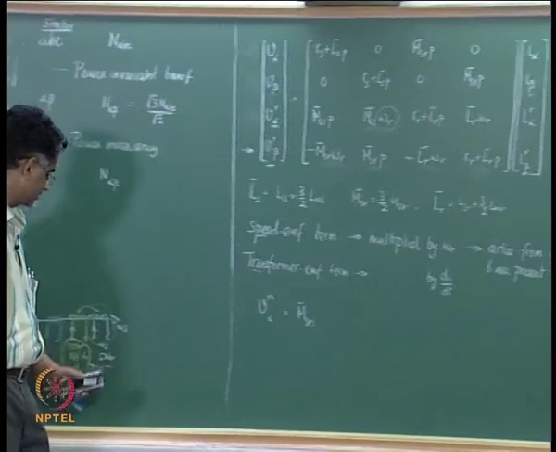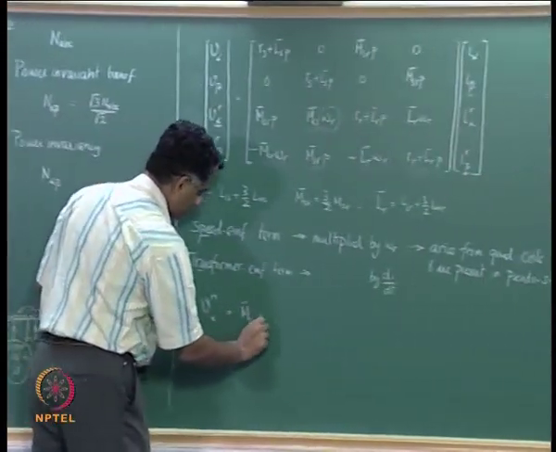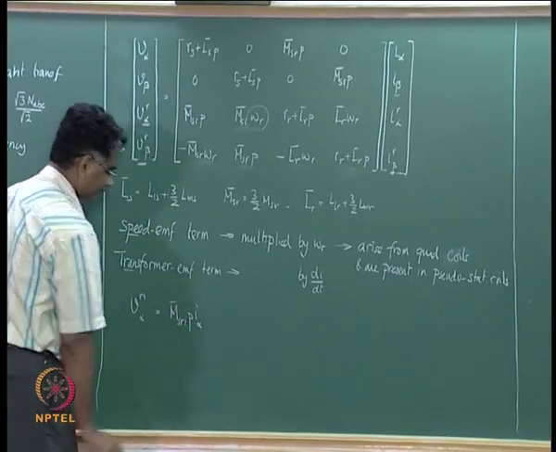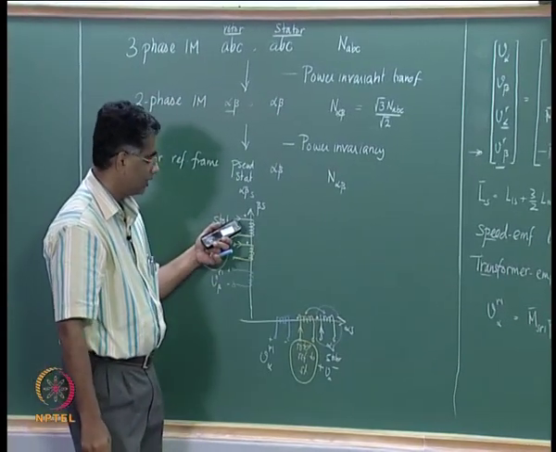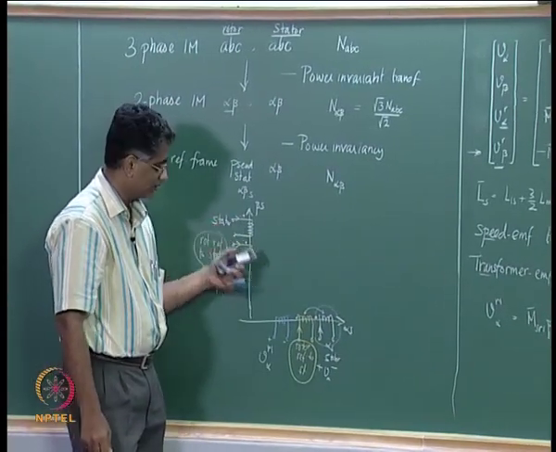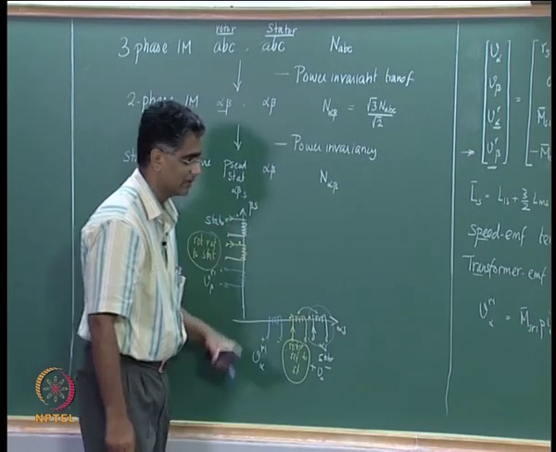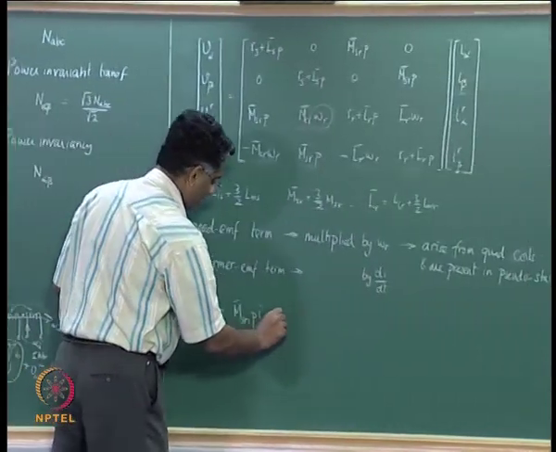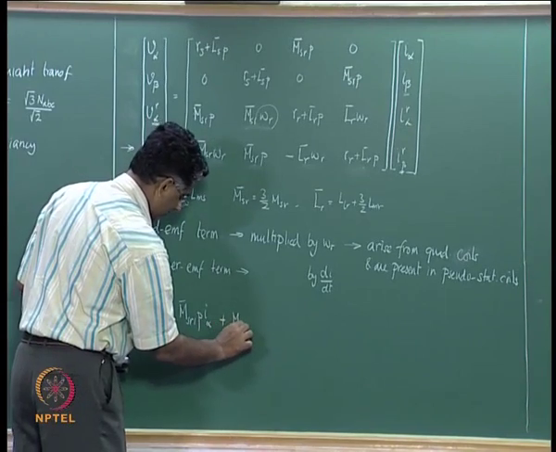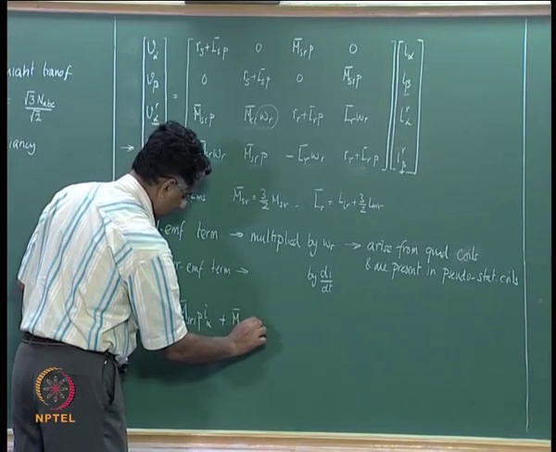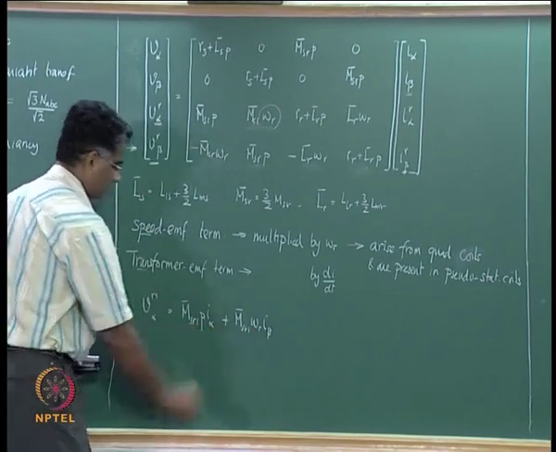It may not be the same mutual inductance between these two. So, MSR1 P I alpha, and then you need to have a term with I beta. This is pseudostationary and you have beta on the other axis, and therefore there will be a mutual inductance term and a speed EMF arising due to that, omega r into I beta MSR1,